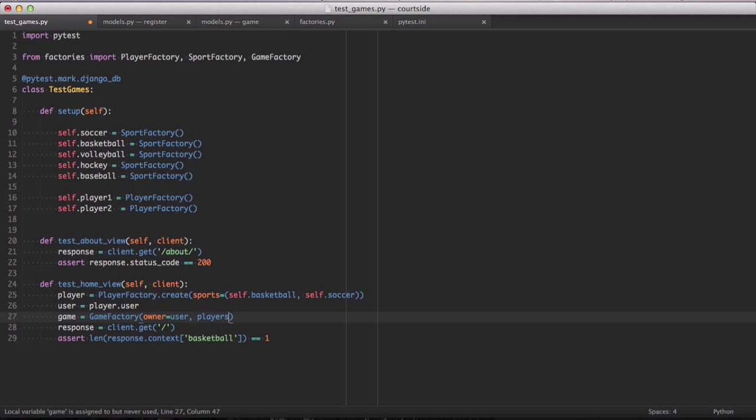We're going to also go players is equal to, again, there's a post generation portion of this. The players of this particular game include the players we created in our setup function, so player 1, player 2, and the particular sport we're interested in creating today is a basketball game. So once we go ahead and create that, we should